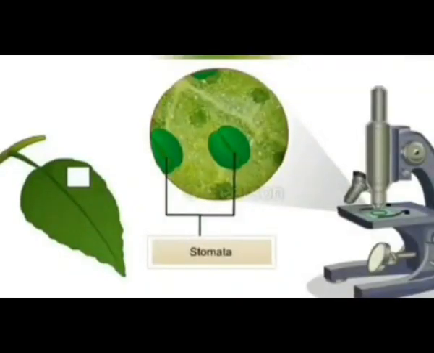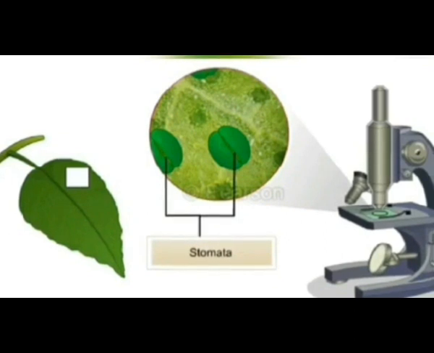This is the larger view of this part of the leaf. It has small pores over here, and they open with the sunlight, and these small openings are known as stomata. Stomata are the pores in the leaf that allow gas exchange, where water vapor leaves the plant